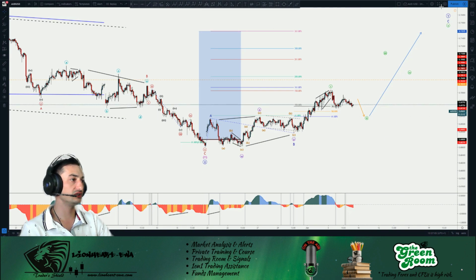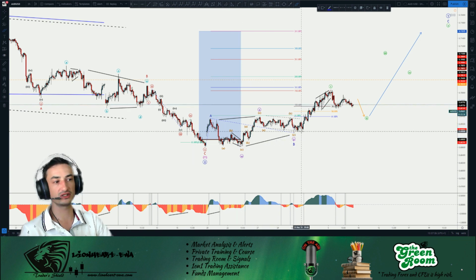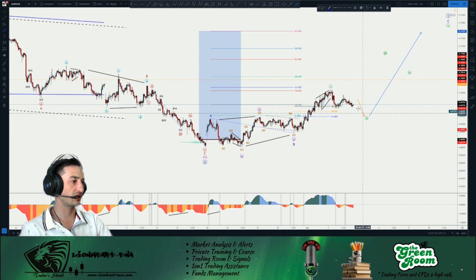Moving on to the Aussie dollar, basically AUDUSD right here. What I've been noticing is, let's say an AB, and I've been posting some orders right here as well. Basically, I'm seeing this as a corrective structure, so we should have 5 legs on the upside. I don't think this is the only one. No, I think that it has more upside.